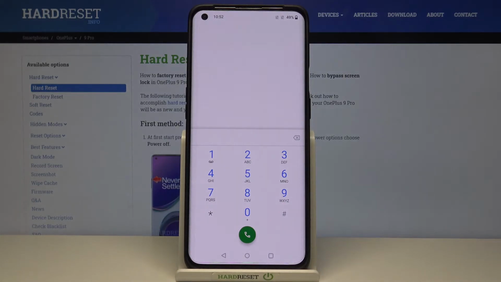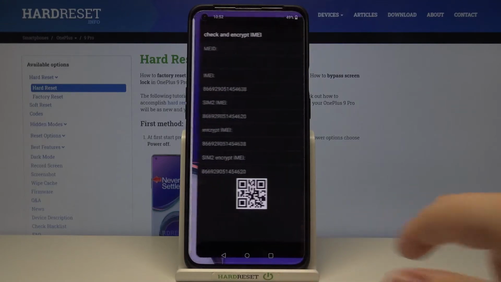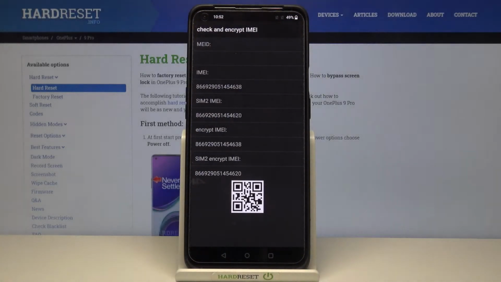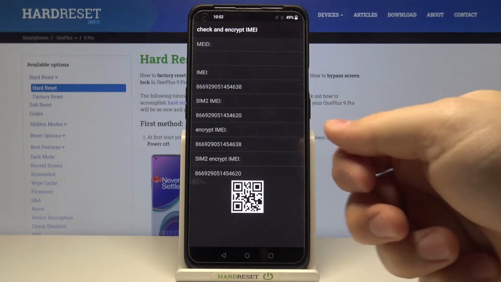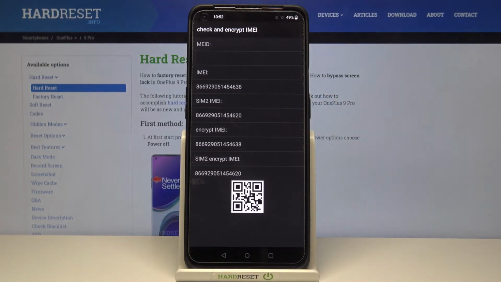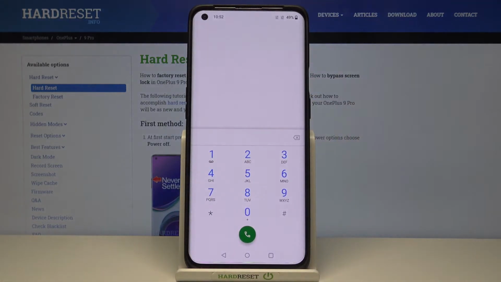Next code is *#66#, and this code opens the check and encrypt IMEI. Here you can check the IMEI addresses, also encrypt IMEI addresses, I'm not sure what they do, and also you have a QR code you can scan. Okay. Next code is